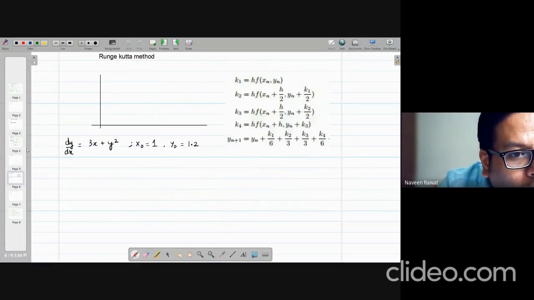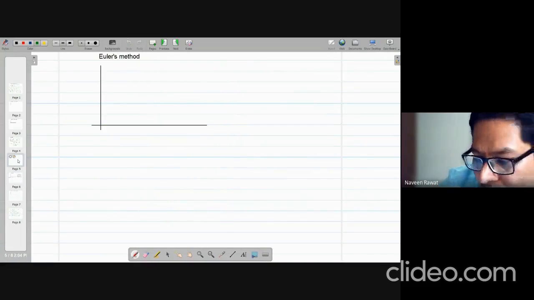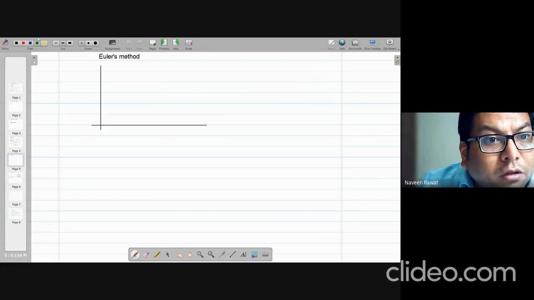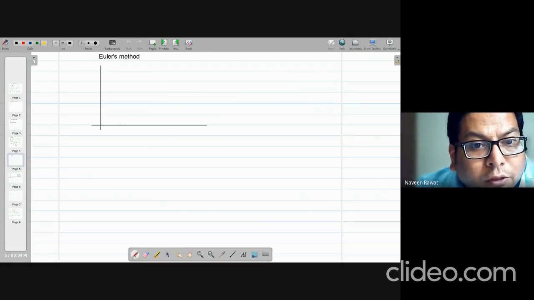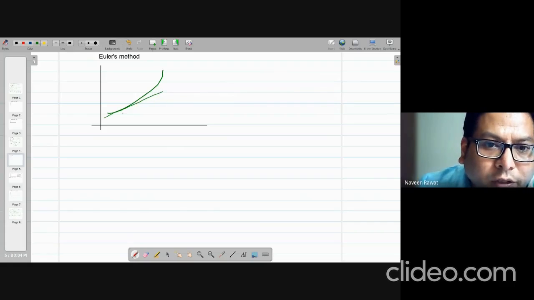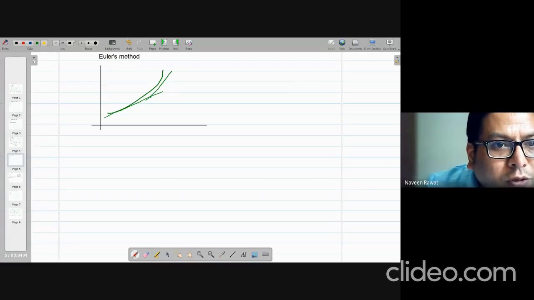Like I mentioned, suppose there is a function like this, and first you get a line like this. So that is the first tangent line. Then you stop at some step size, then you go and create another tangential line, and this tangential line should obviously touch this line. Let me try to be more accurate here.